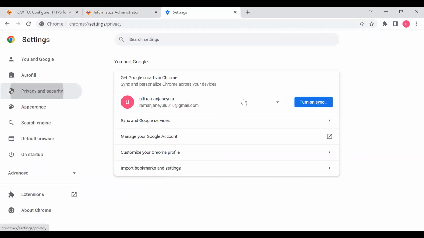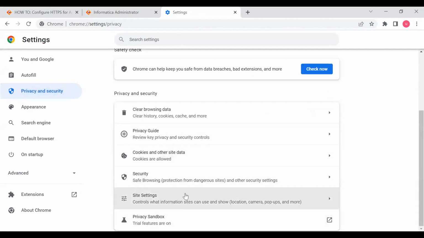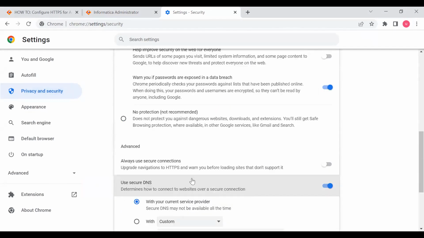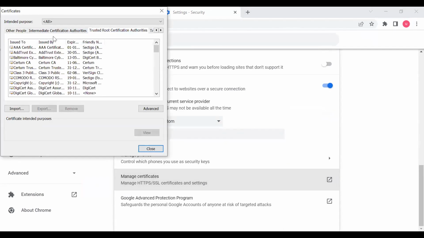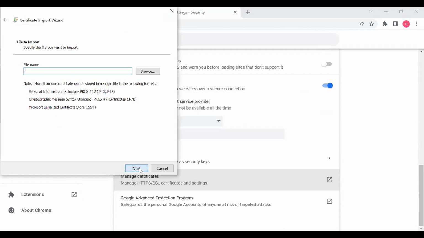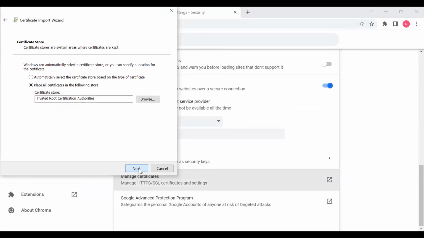Now click on the settings button, click on privacy and security, and go down. Here you can see the security tab, and click on manage certificates. Here you see trusted root certificate authorities. We need to import the root certificate here, then the browser will trust it. So click next, then browse and select the exported certificate. Whatever you have exported, just click next,